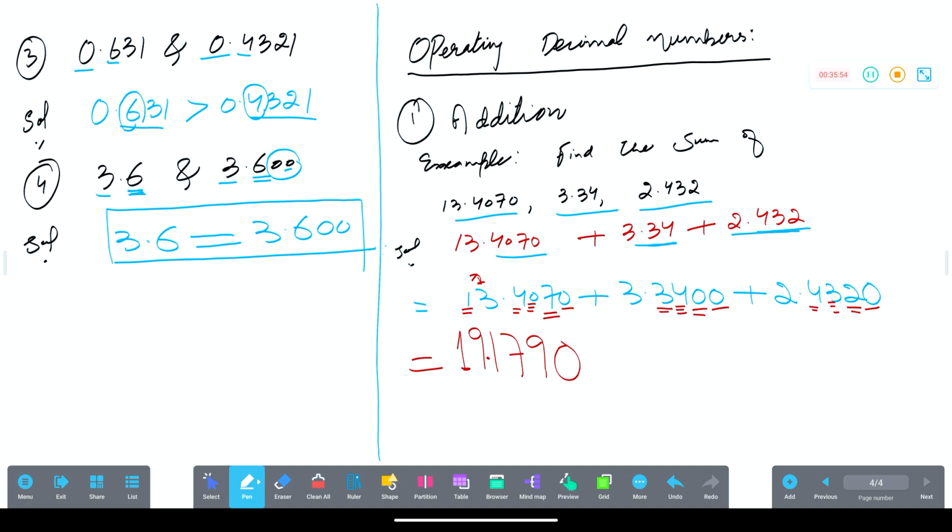Now the second operation I am taking on the next slide. The second operation will be subtraction. Now let me take the example here. If you check example 18 in your book, I will write subtract